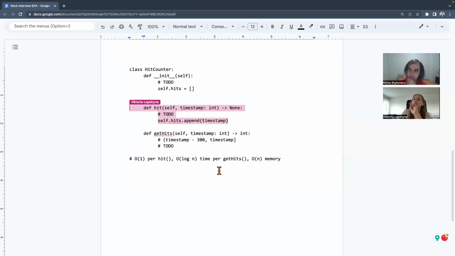But yeah, so I think this one, I was mainly talking about this one, that we don't store every timestamp, we only store the timestamps that happened in the past 5 minutes. And I guess it can be done the same way, just with a binary search.